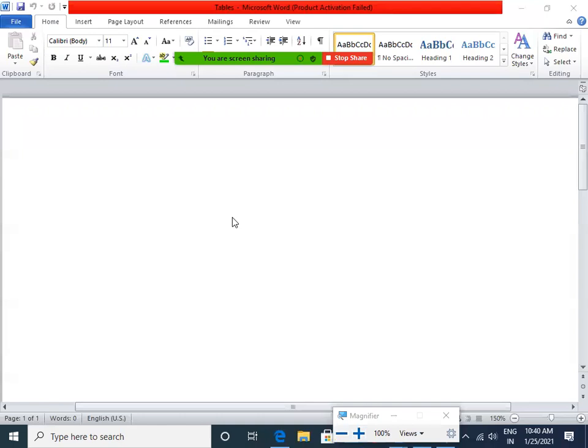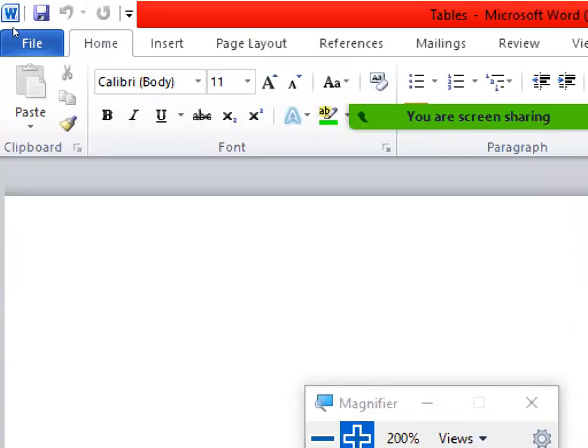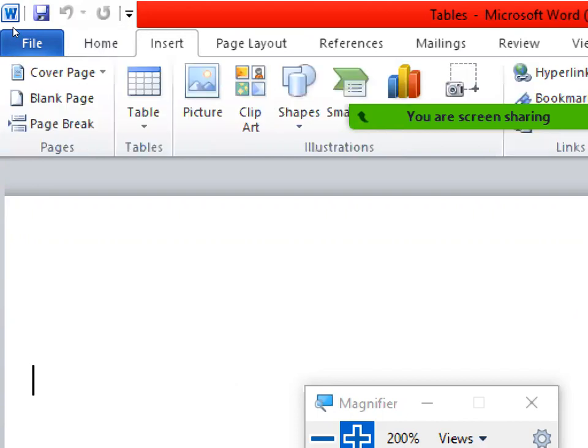You can write down the steps when I'm explaining. Okay, just if you sit idle, you'll not know what to do when you go to the lab. So write down the steps, important steps. So first thing is what? We have these different tabs. First you need to go to the insert tab, and in that we have the group called as the tables.